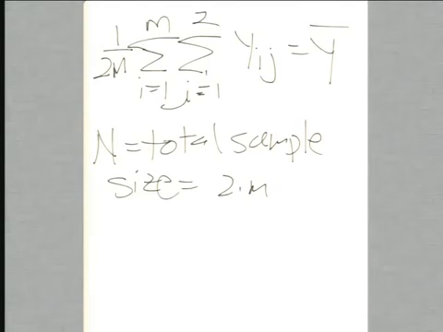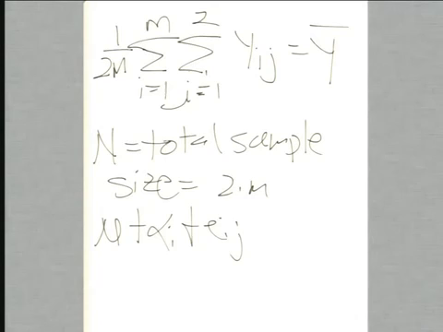Here was the model: mu plus alpha i plus eij. What am I trying to estimate if I take the sample average? I mean, what is the sample average an estimate of? The mean. And what is the mean of y in this model? If these have mean 0,